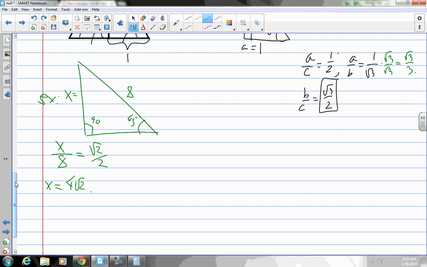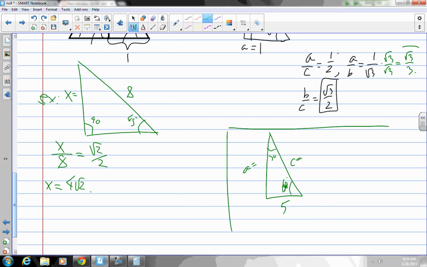Similarly, if I give you a 30, 60, 90 triangle, right? And I'll tell you that this side is 5. Can you find the other two sides? Can you tell me what this side equals and that side equals? Using these ratios? Yeah, so these ratios will stay the same. You just have to compare. Like, for example,